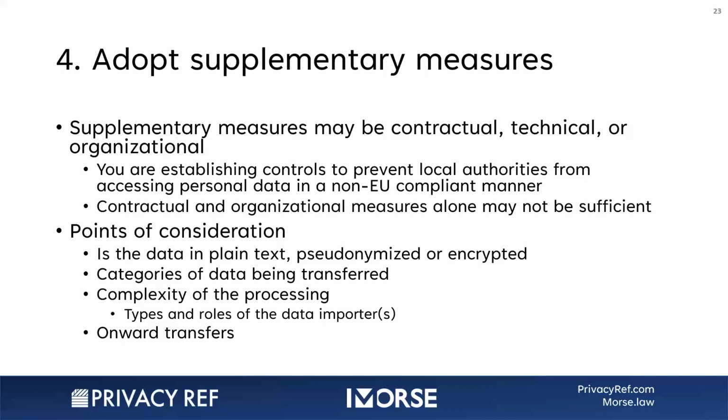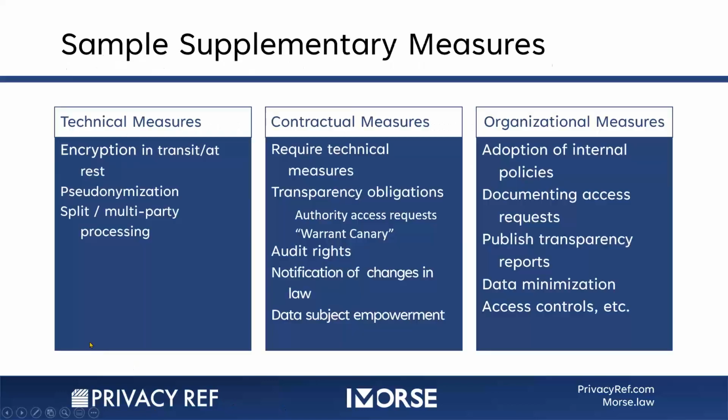Again, points of consideration. What format is the data in? Is it plain text, pseudonymized, or encrypted? What categories of data are being transferred? Is it sensitive information or is it standard personal information, if you will? How complex is the processing being done? And finally, what are the onward transfers that you need to look at? So if we look at some sample